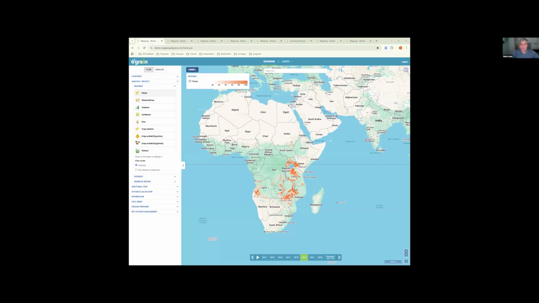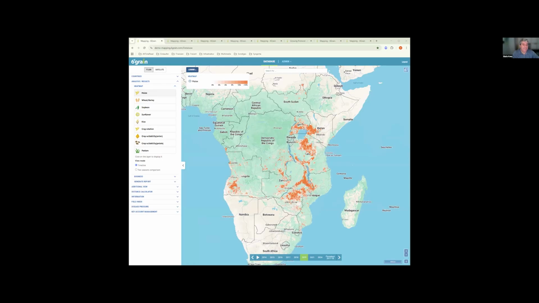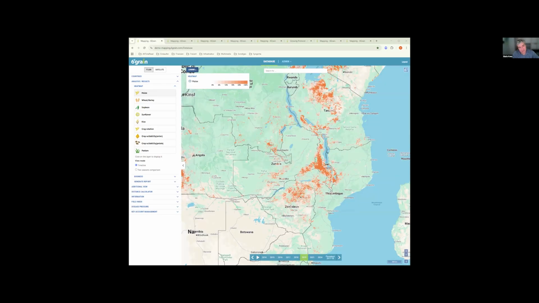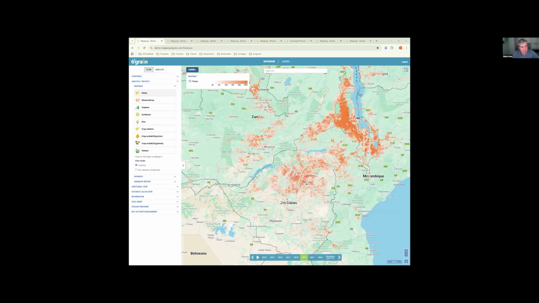So crop mapping in its simplest way, and you see we have a lot of experience here in Africa, is telling you where a certain crop is grown. This goes down, with Sentinel-2 data, to 10-meter accuracy. And the first interesting part here is, and I'll stay with Zimbabwe here as an example, if I zoom in, at a certain resolution,